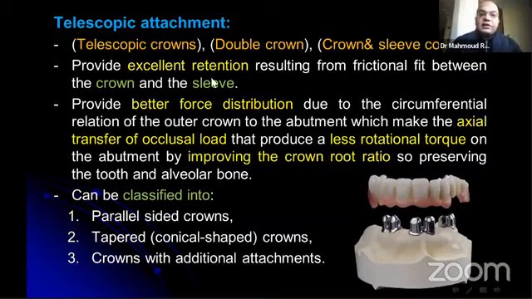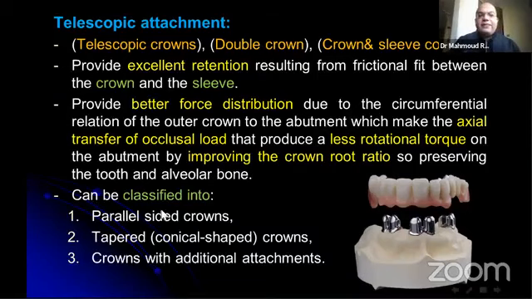It provides excellent retention resulting from the frictional effect between the crown and the sleeve, and provides better force distribution due to the circumferential relation of the outer crown to the abutment, which makes the axial transfer of occlusal load here produce less rotational torque onto the abutment by improving the crown-root ratio, so preserving the tooth and the alveolar bone. It can be used in tooth-supported